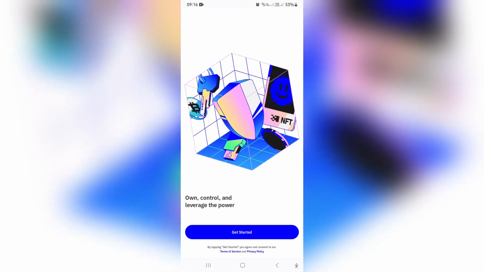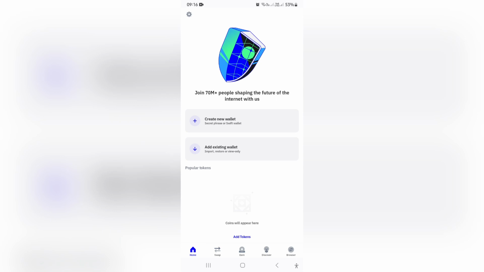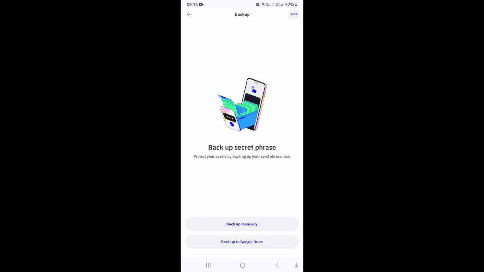From here, you can see that there is a get started button at the bottom of the page, and you're going to tap on the get started. Here you are going to create a new wallet, and we are going to go ahead now and tap on create new wallet. So we're going to go ahead and say skip for now. This is the back up your secret phrase. Now you can back this up to your Google Drive, or you can back it up manually. What we are going to do for now is just go ahead and tap on skip, and on the next page